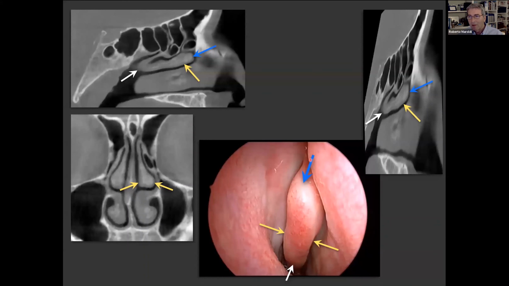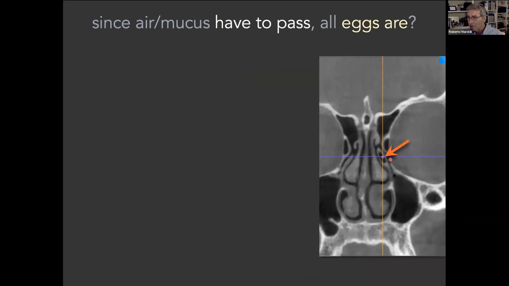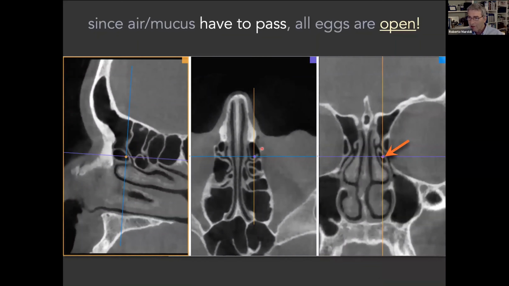For example, we originally called this pneumatization of the uncinate process on the left side, which is not at all a reality, because this structure is actually simply the bending of the uncinate process,